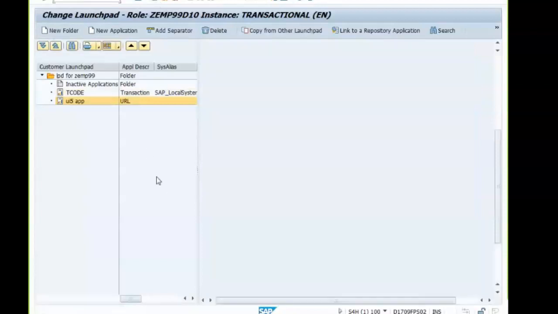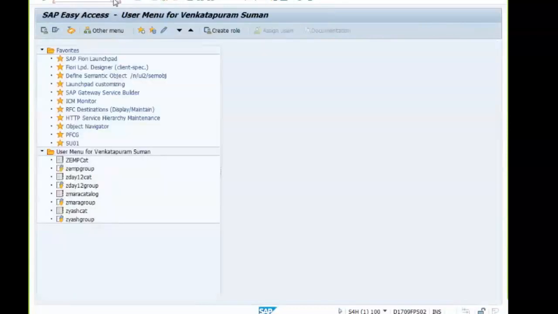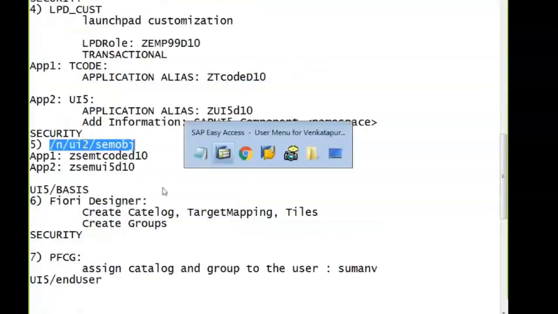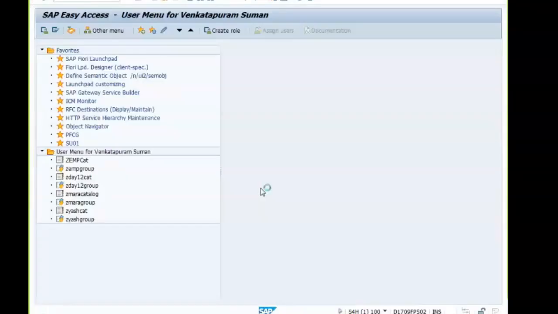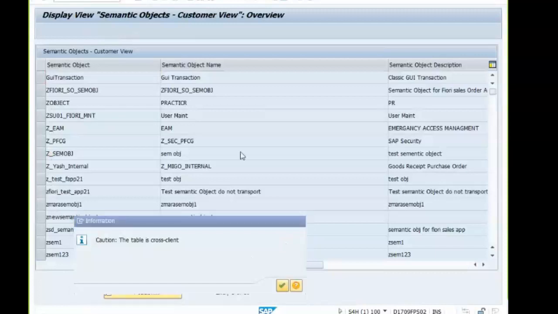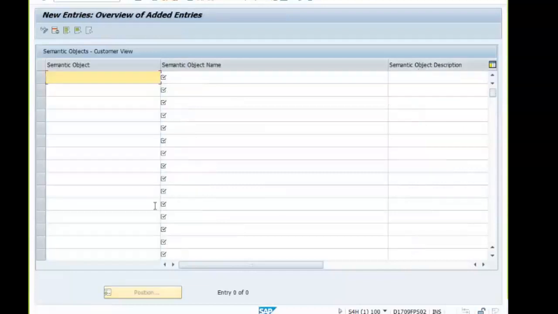We are done almost. We have to create one semantic object by making use of the T-code. Semantic object takes three things: semantic object name, semantic object description, and cross client.